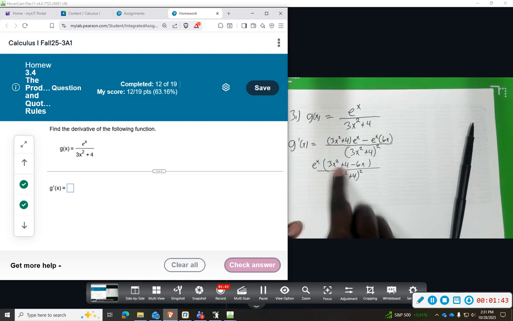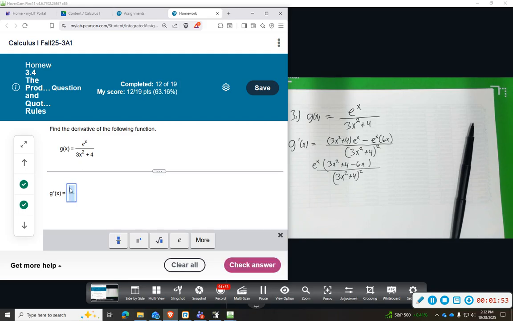squared. So I'll rearrange this when I type it in, but we'll have e to the x, and we'll have a 3x squared minus 6x plus 4, if I put it in standard form, x plus 4 over